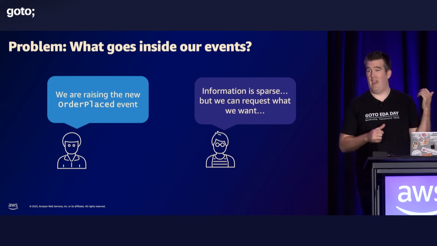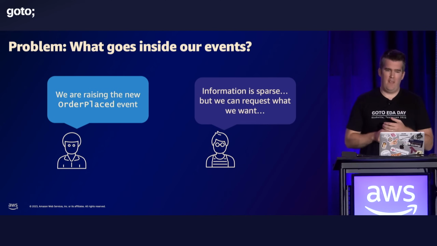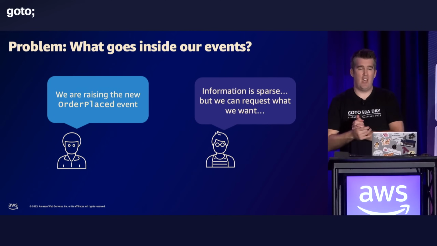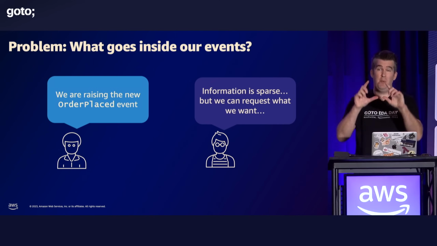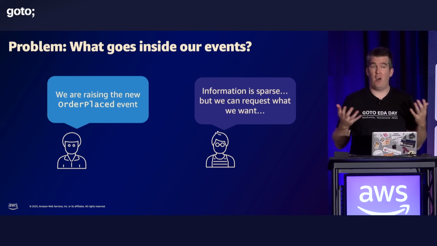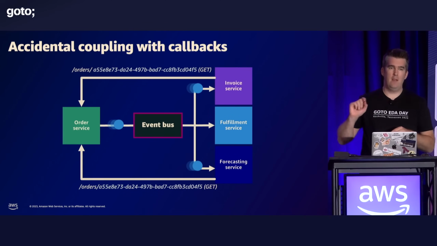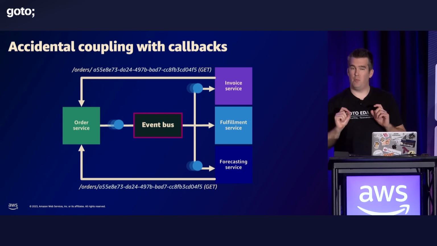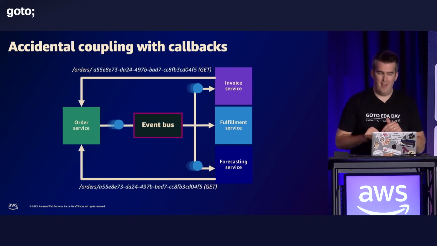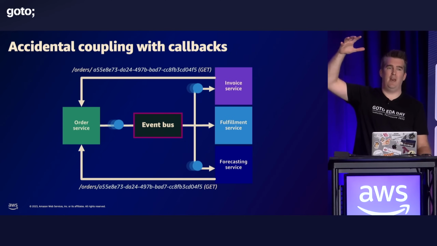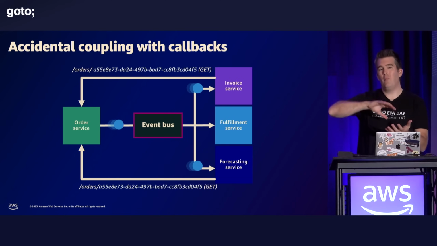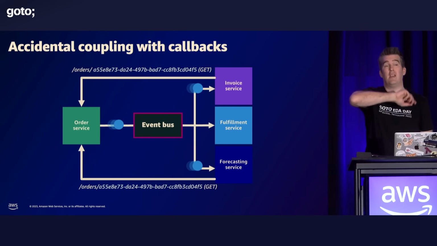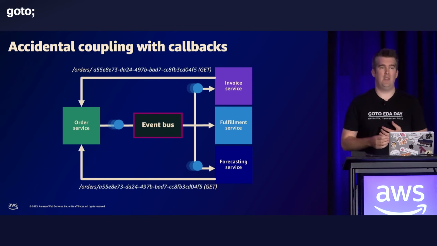Okay? So we started off earlier. We had various different event types in this talk. Now, the order service says, okay, we're going to place the order placed event. And the downstream service says, okay, it's a bit sparse, it's a bit small, but it's okay, we'll take it as it is, it's fine. Because what we can do is actually go back and get more information, okay? Now, from a consumer's point of view, this is fine. But what tends to happen when you scale your consumers out is you get more and more requests back to the producer to pull this information out. So now we're creating back pressure on the producer to get this information.